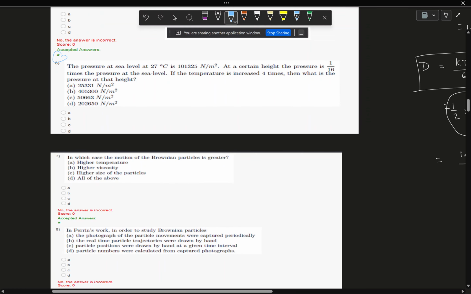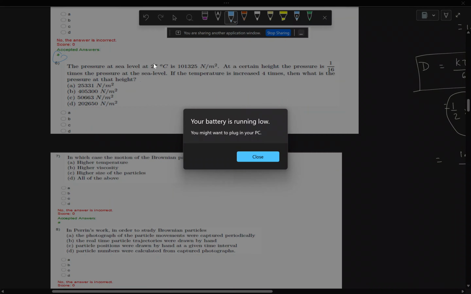Then question number 6 is that the pressure at sea level. This is the exact problem that will utilize the whole derivation that I had just done for the earlier question. But here we will directly use a barometric equation in terms of pressure. Let us read the question and you will understand. It is saying that the pressure at sea level, which is your base level or reference level in this case,